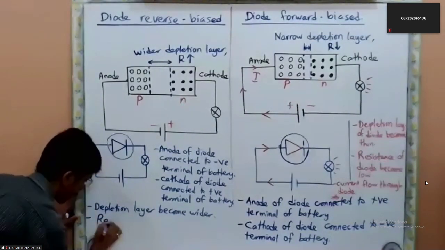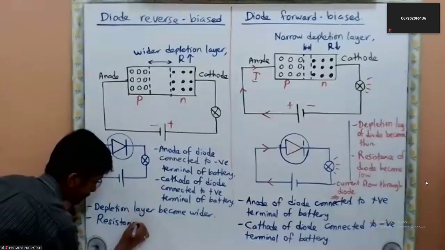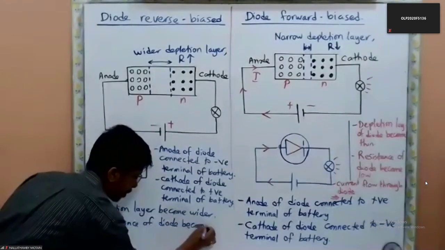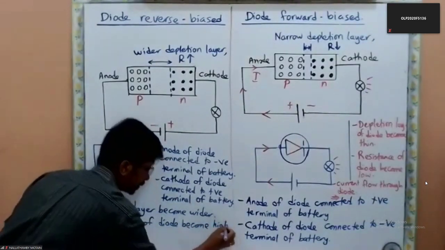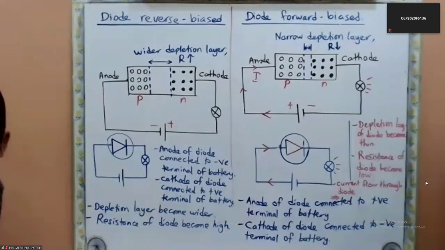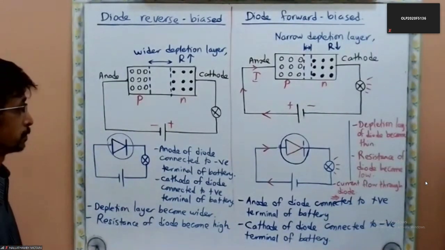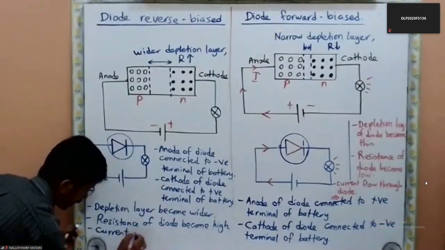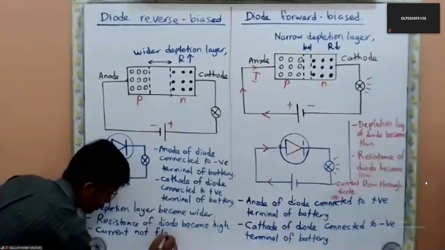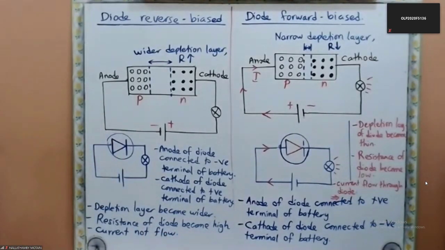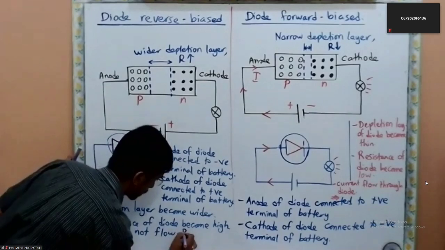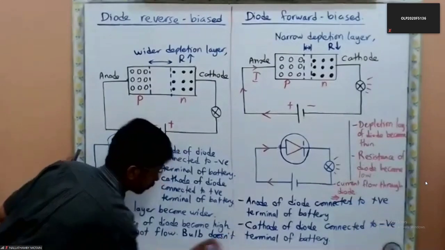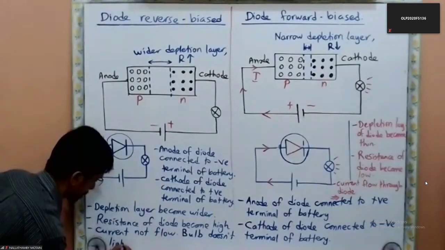Resistance of diode becomes high or increases. Current does not flow. Bulb does not light up